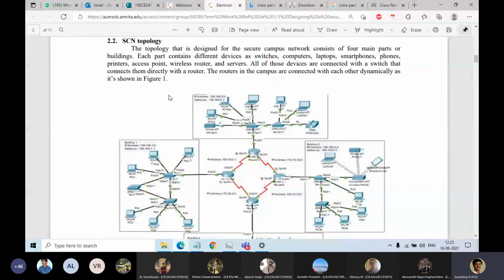The next week, after the 3 experiments, we will have 2 or 3 experiments on Network Simulator 3. Afterwards, I am supposed to give another experiment on Cisco Packet Tracer. Instead of giving Cisco Packet Tracer as 2 or 3 experiments separately, this term project was given to all of you as one of the experiments, but you need time to do all those things. That's why it was considered a term project. So throughout the semester, you can start work on this.